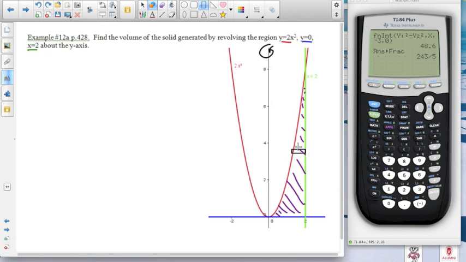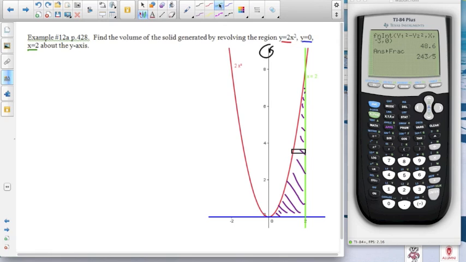And so with this incremental rectangle here, you notice that when we rotate it about here, again, we have the hole in the center. That's why we call this the washer method. So we'd end up with the other portion of the washer right about here. And since this is the axis of rotation, then